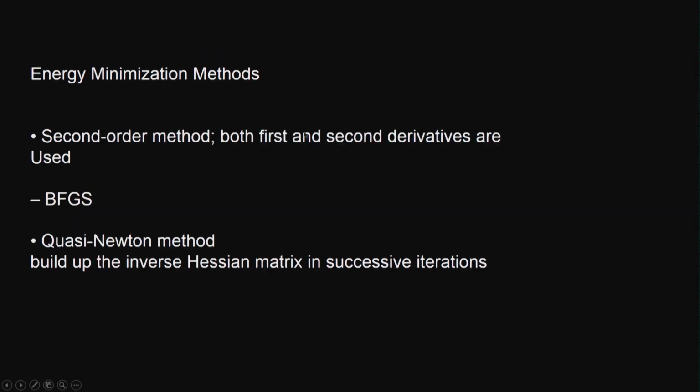Then second order methods, like I said, where the first and second derivatives are used, then the quasi Newton method, which builds up the inverse Hessian matrix, that is d square f by dx square or dx dy, that is called the Hessian matrix. So different methods are there, some of them are very time consuming because they involve a lot of terms to be calculated,